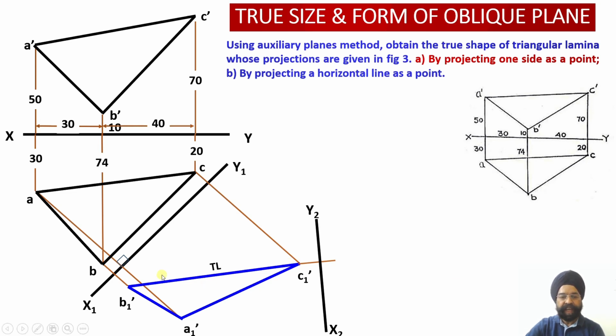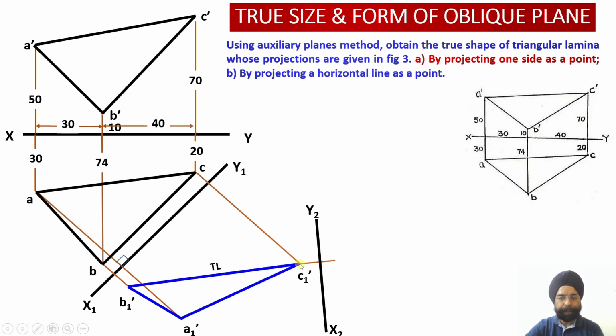So please see, as I told you, once we draw the first auxiliary plane parallel to any one of the edges, in the next view, whatever apparent shape is obtained, we get one special characteristic for one of the edges, because one of the edges will become true length. Since we had drawn X1 Y1 parallel to BC, the auxiliary view obtained after the first iteration will have B1 dash C1 dash as the true length.